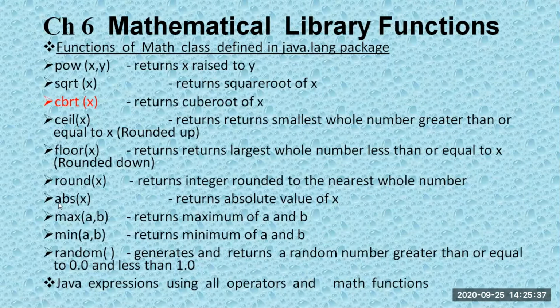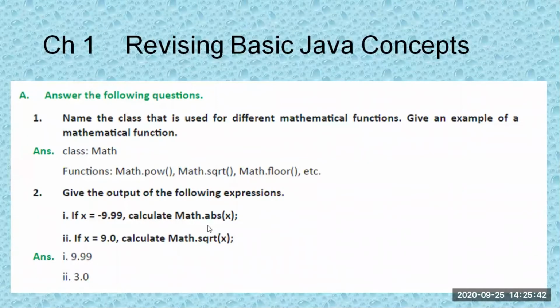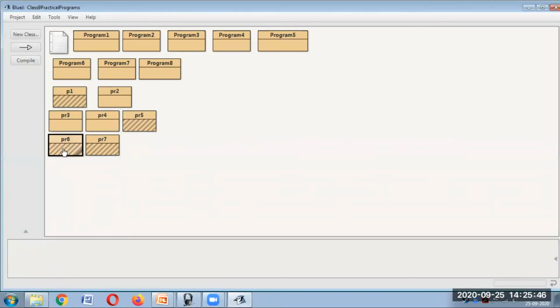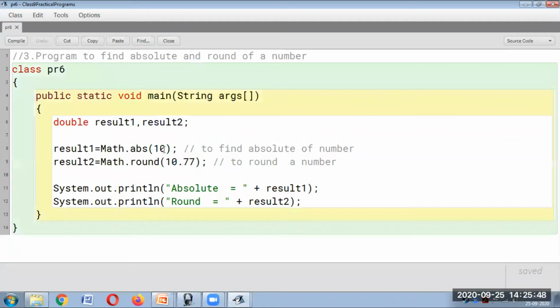We'll take the most simple one first, ABS, that is absolute of a number. Okay, let us take the absolute of a number. So let's take one program for this. So we'll take absolute first. Absolute is nothing but if you give a negative number also, it will give you a positive only. So whether you provide a positive or a negative number, it is going to give you the result which is positive. That is what you mean by absolute of a number.